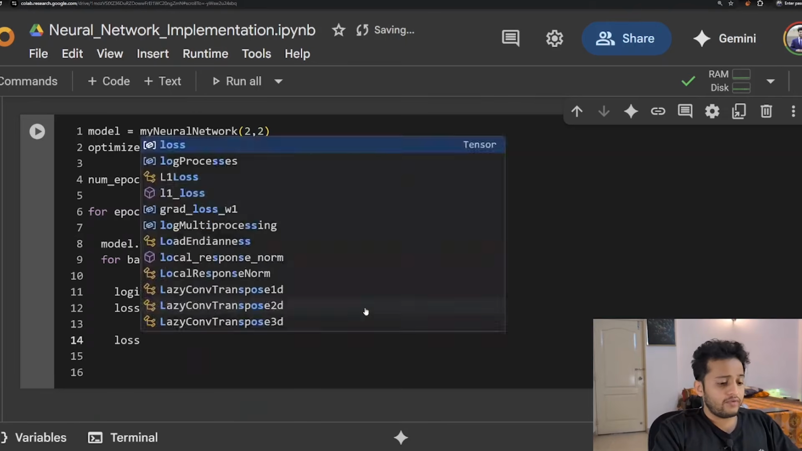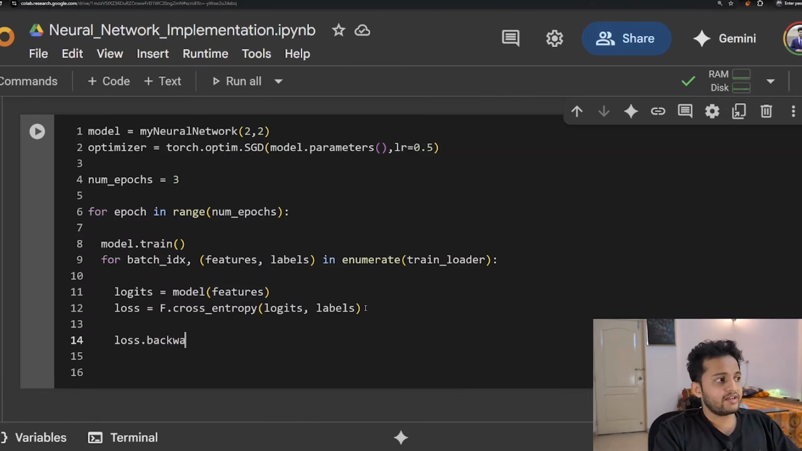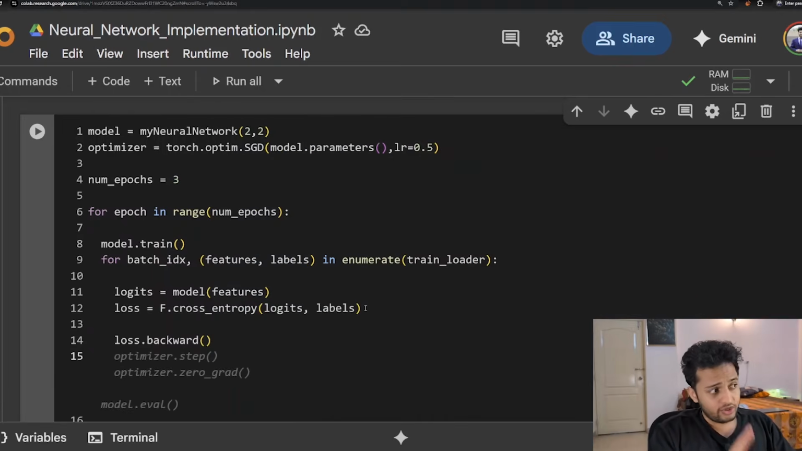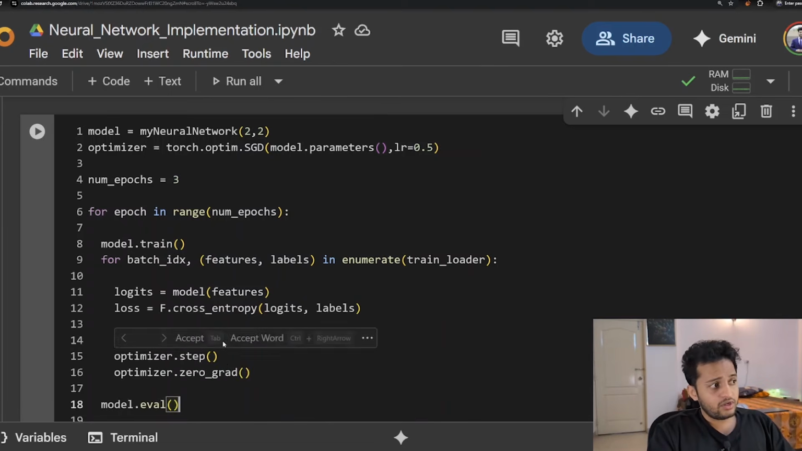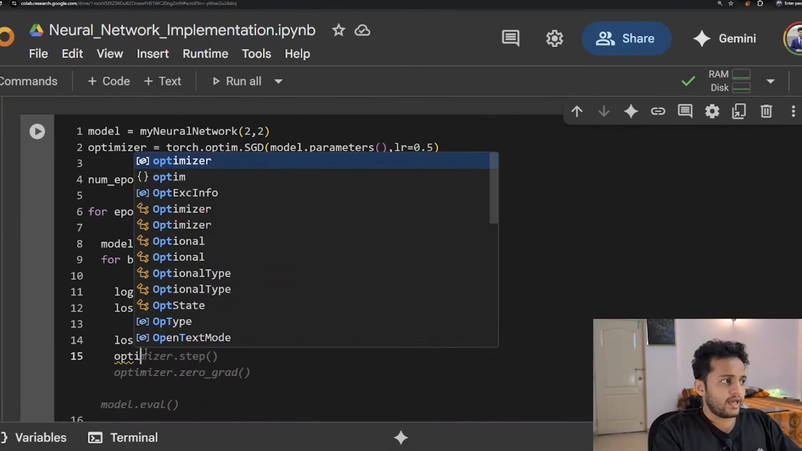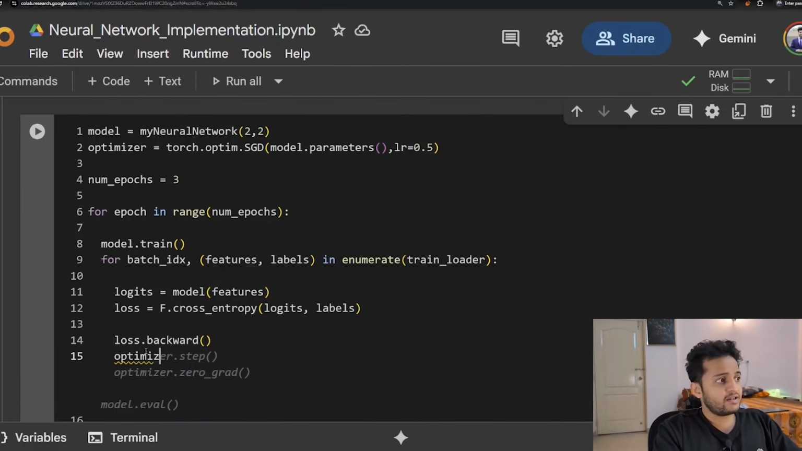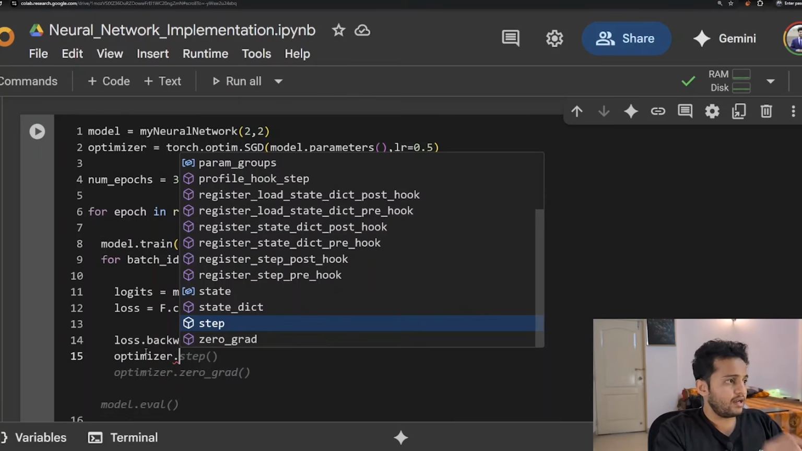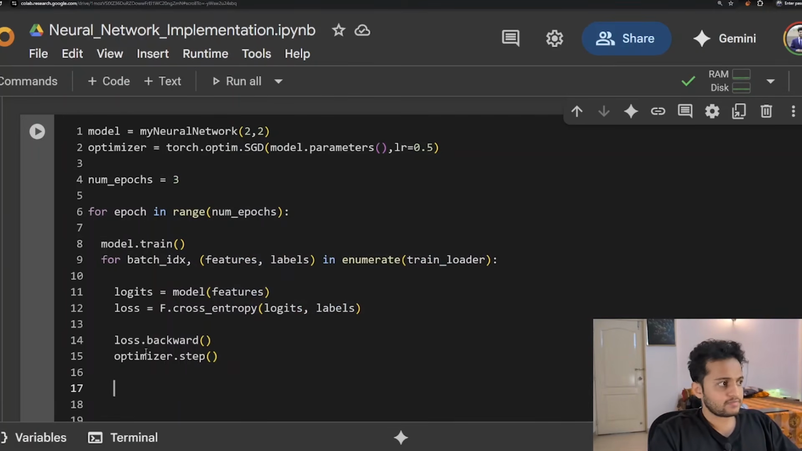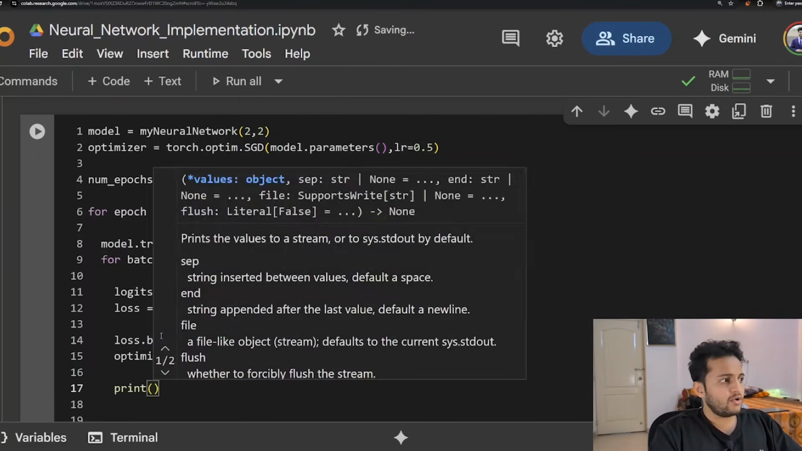Now, what we have to do is we have to calculate the gradients. We need to calculate how much change each parameter should do in order to decrease the loss. And you can do this using this line, loss.backward. And finally, you can update the different parameters using this optimizer.step line, and then we can go ahead and